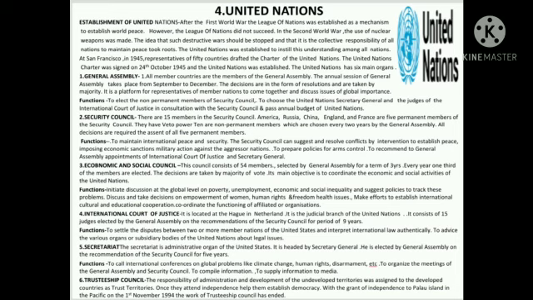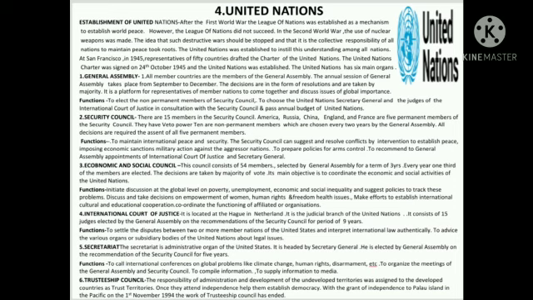The United Nations has 6 main organs. The first one, General Assembly. All the member countries are the members of General Assembly. The annual session of the General Assembly takes place from September to December, and General Assembly is a good platform for all representatives of member nations to come together and discuss issues like environment, disarmament, and the issues of global